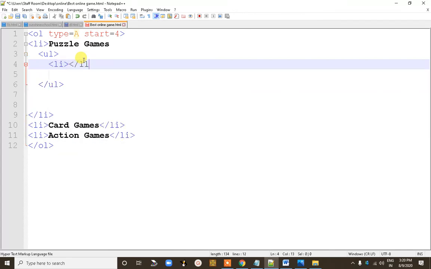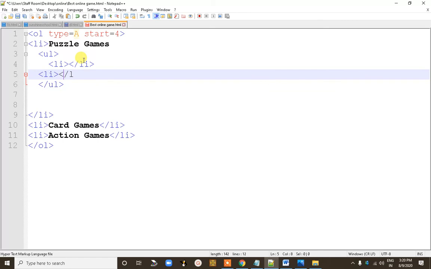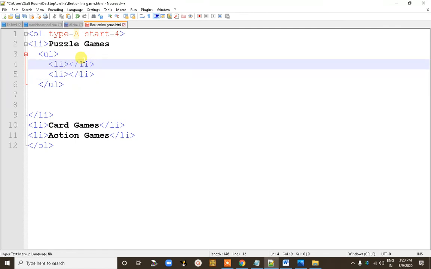How many li are there? Tetris and cube are there, so 2 lists. You have to use these 2 lists. Li start, li close, 2 lists. Now see, the first one here is Tetris.